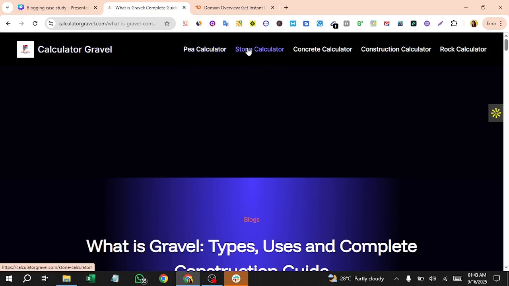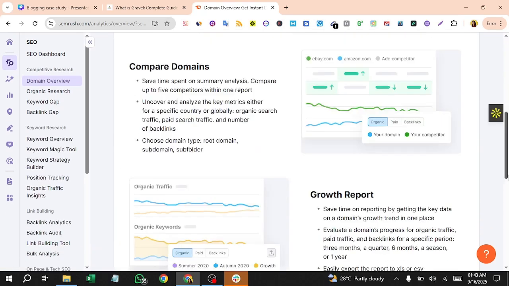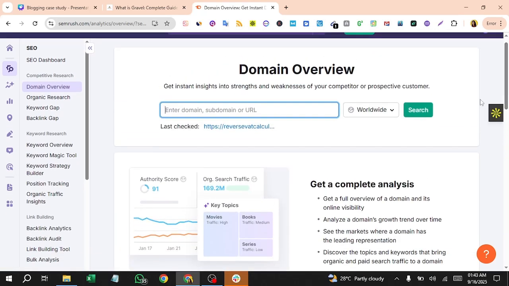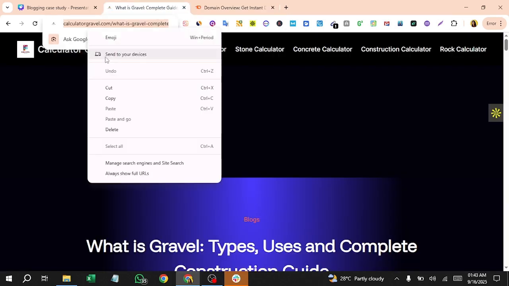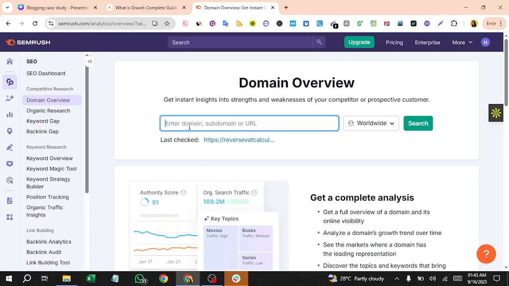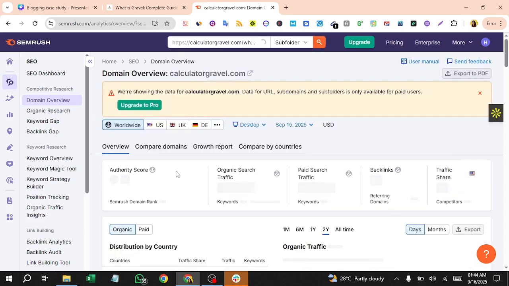You will get to see a lot of keywords, and then from there you will see what people are actually searching, and the search volume, competitor research, and keyword difficulty, all of those things in this area. But right now what I'm doing is I just wanted to copy this, and I want to see what are the pages, and what type of traffic, and where the traffic is coming from, and how many backlinks this site has created.